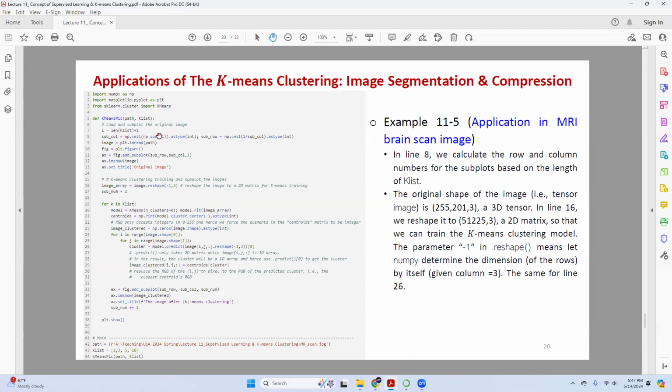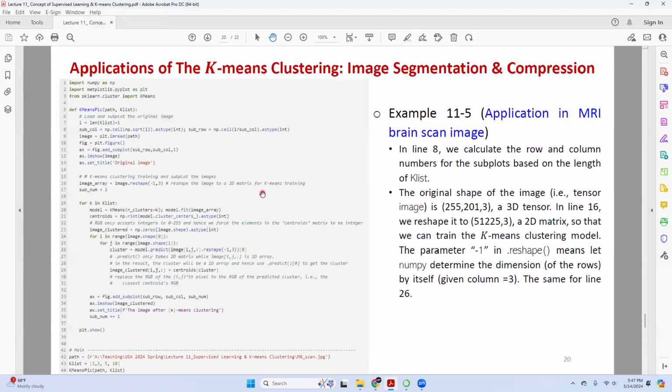Remember, we got this in an example. Let me see whether I can copy and paste from it. No, I'd better not do it.